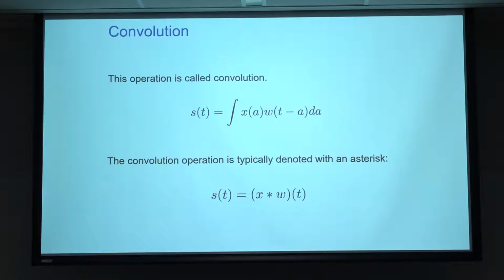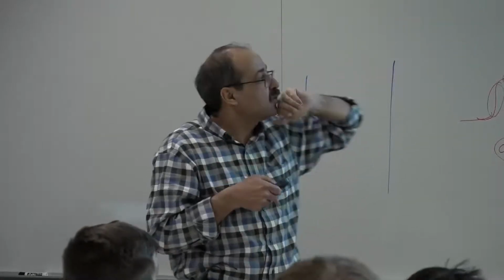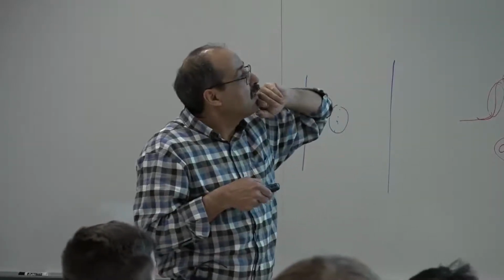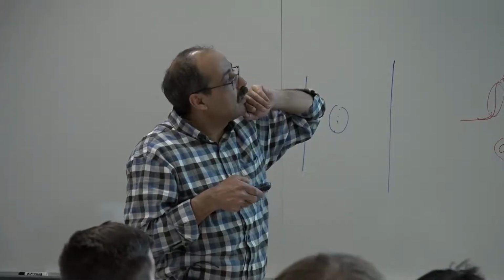And if you remember, the convolution theorem basically says that it has a close relation with Fourier transform. If you take the Fourier transform of the first signal times the Fourier transform of the second signal, it would be the Fourier transform of the convolution of these two signals. It can be defined on continuous domain. It can be defined on